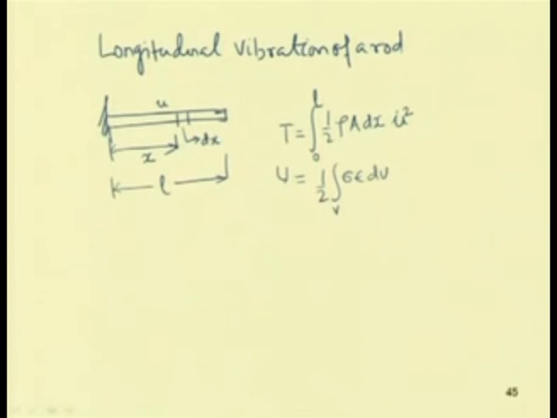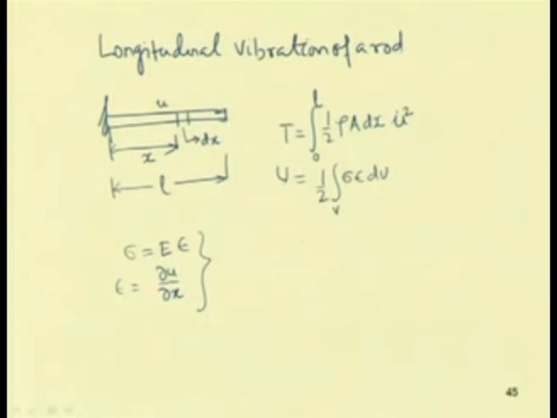So, the stress can be written... already you know that stress. If it is subjected to a force F, the stress can be written as force by area, or in terms of the strain, stress by strain equal to E. So, stress will be equal to E, that is Young's modulus, into the strain. One can write the strain equal to del u by del x. So, strain is del u by del x, and stress equals E into epsilon.